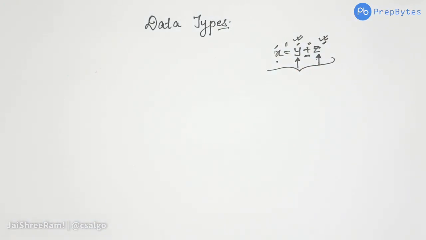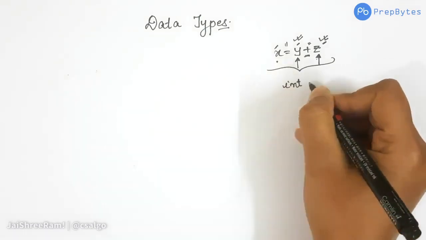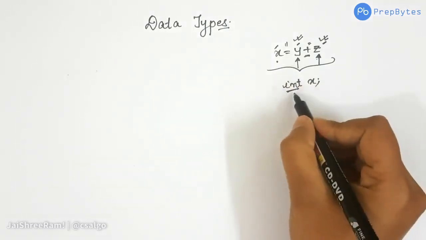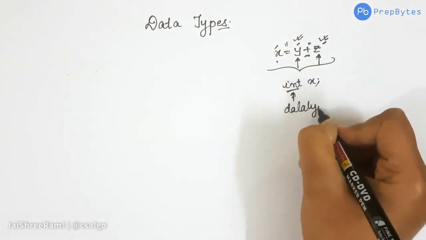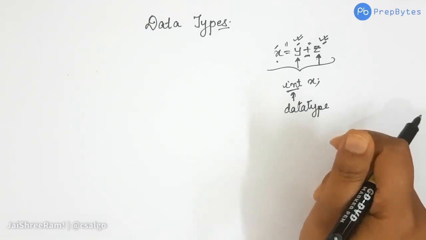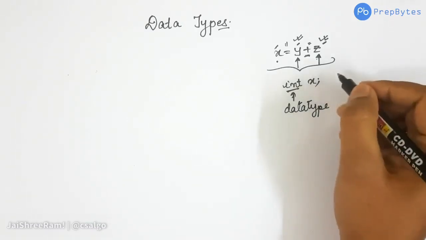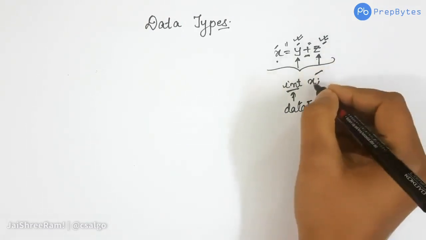I talked about declaration in the last session. Whenever we declare, we write int x. Here int is the data type. Let's try to understand what are the several things happening here. Here we are informing the compiler that there is a variable called x that exists and x is having the data type int.